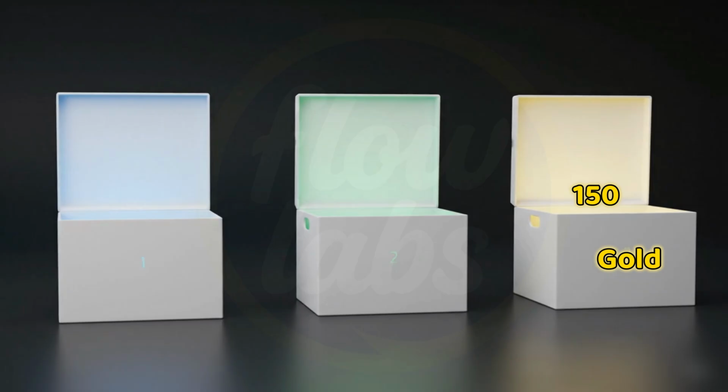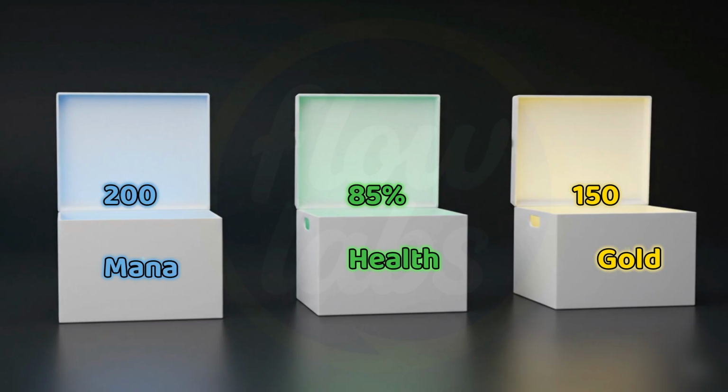The green box finishing here represents our health variable. In real programming, whether it's a fitness app or game, health could store a percentage like 85%, showing how much energy a character has left. Now watch this blue box, we'll call this mana. In programming, mana often represents magical energy, storing values like 200 points for casting spells.